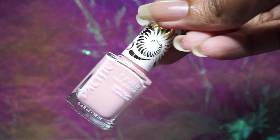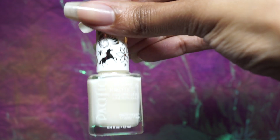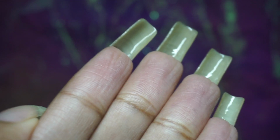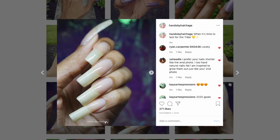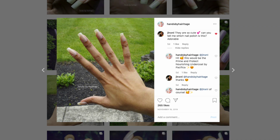Now, of the three, I enjoyed them all, but I really appreciated that Prime and Protect Nourishing Undercoat. It works well in this 3-part process and on its own as a milky sheer finish to brighten up your natural nails. I definitely enjoyed the results of using this one on my bare nails by itself as well. So yes, I hope you all enjoyed this Pacifica has entered the nail care aisle type swatch and learn, and